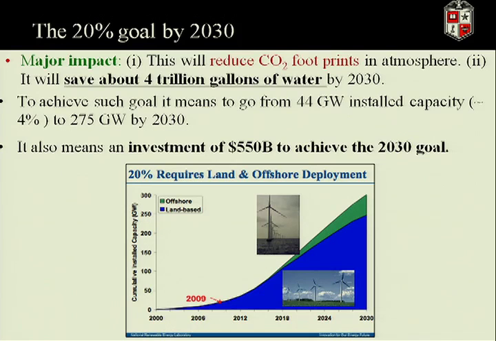And this is something that normally we do not address as we should. We know we're doing wind and we're doing renewable because of the footprint of CO2 in the atmosphere. Good, that's well known and people would know that. But in terms of the water resources, we're talking about that to reach the 2030 goals, we're conserving about 4 trillion gallons of water, okay? This is a big deal.